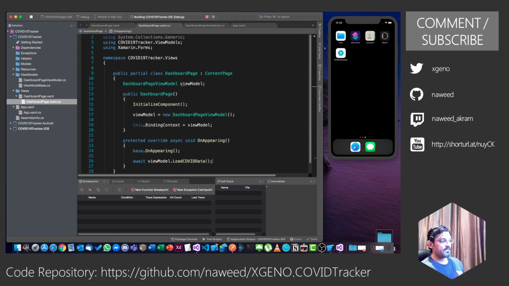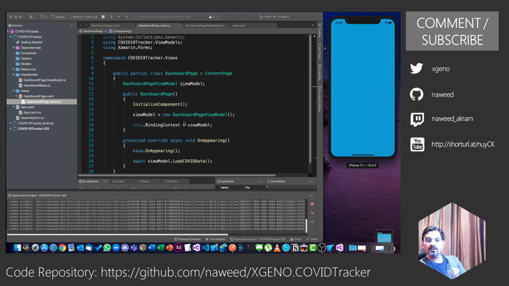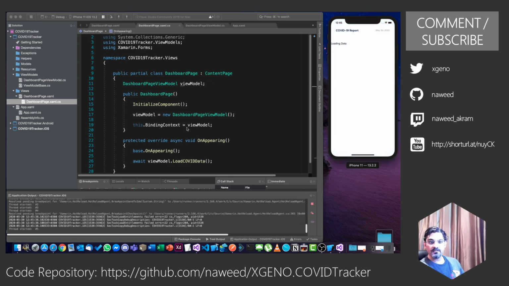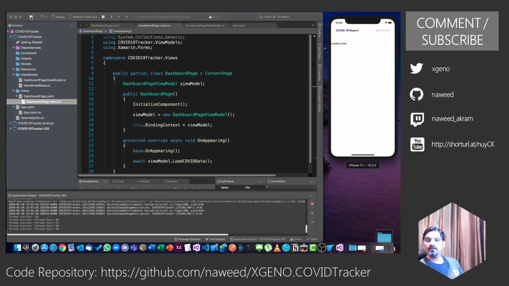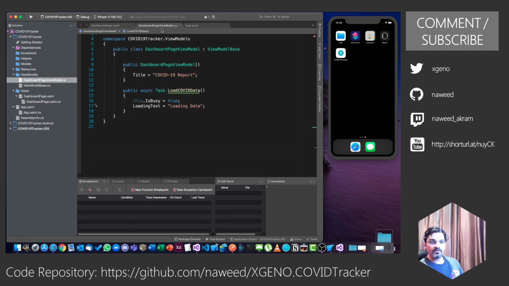Now if I run this, it is showing loading data. Okay, so coming back to this, usually some of the things that I do is when we start, I usually say this dot is busy is true.